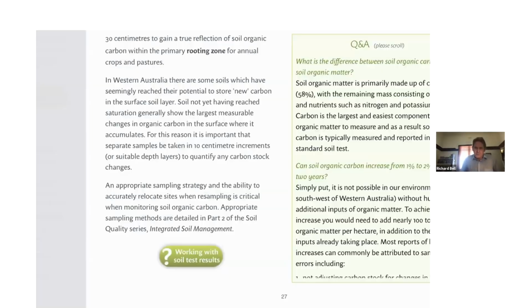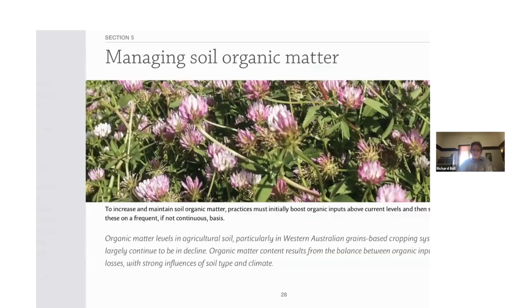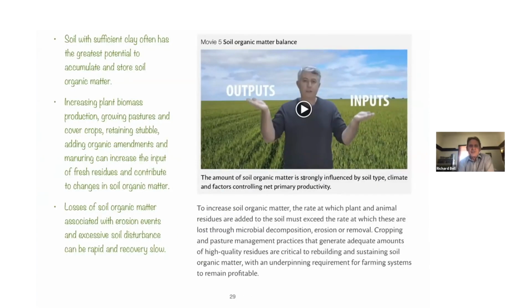The next important concept I'd like to stress to you is this concept of soil organic matter balance. It's about outputs and inputs, and I'd just like to show you this little video. I'm often asked why soil organic matter levels are different in different soils. If we think about a soil, the pieces of plant material that drop on the soil start to get broken down by microbes. The amount of organic matter that enters the soil is very dependent on plant productivity.